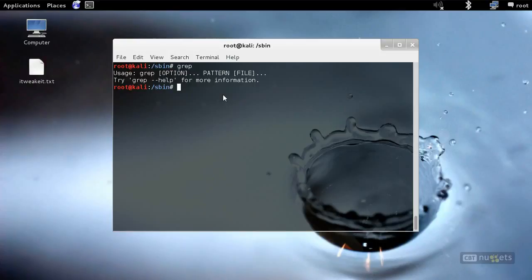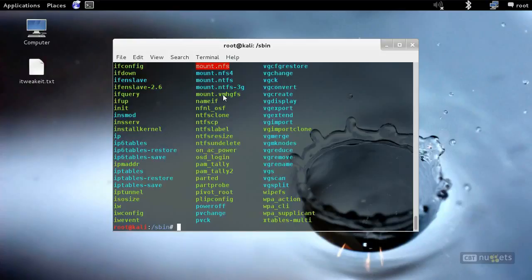function. So, let's say I'm doing an ls here, and we see we've got all kinds of different files. Maybe the executable or the file that I'm looking for, I can't think of the name of it right now, but I know it starts with NTFS, and you can see we have a few files with NTFS in the name. But you can't see the forest for the trees sometimes, so I'll do an ls and pipe that to grep, which basically is saying I want you to look for any files that have NTFS in